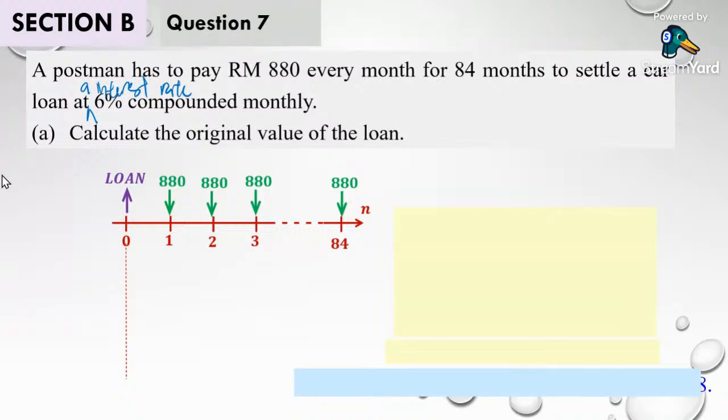I try to calculate each of their present value back to the point where we get the loan, which means that the first 880, if back to the past, the amount should be 880 times (1 plus i) to the power of minus 1. Maybe at this part you get confused about how I get this calculation. By using the formula S equals 1 plus i to the power of n, this account is actually running using compound interest.